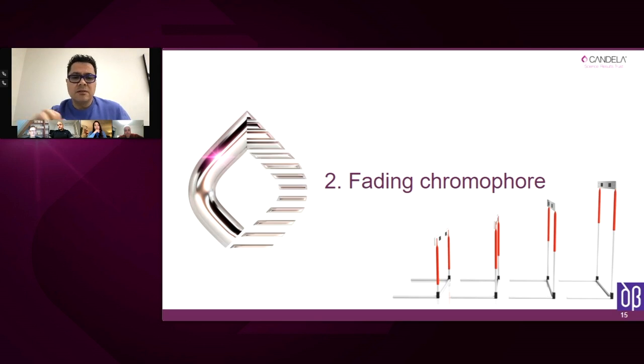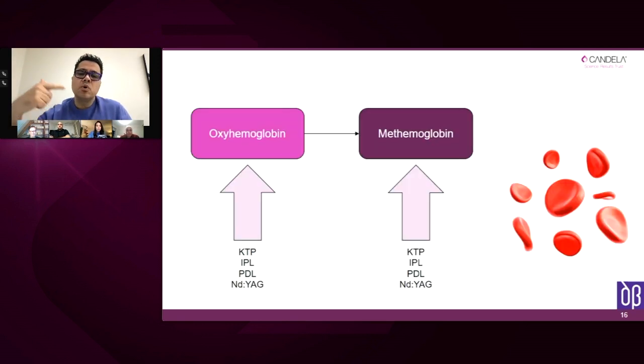And there's also a second feature about vascular lesions that we have to take into account, and it's that session by session, they start losing chromophore and the color of the lesion fades away. So in every session, it's more difficult to treat this lesion because it has less target. So it may be interesting for us to take the maximum profit or benefit of the treatment to use 2 pulses in every zap that we do.